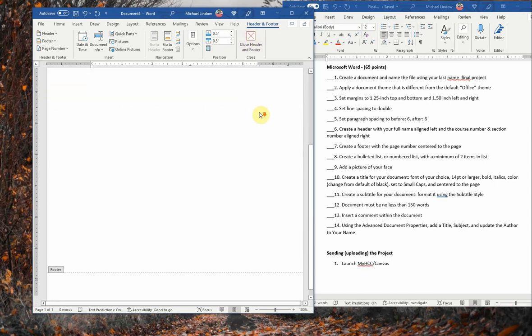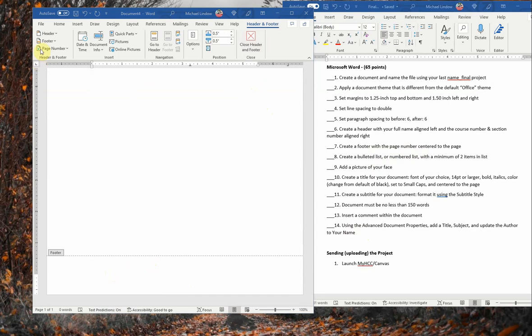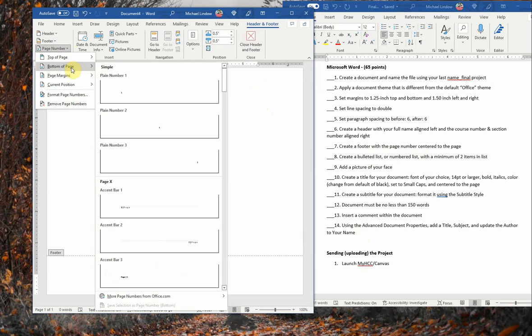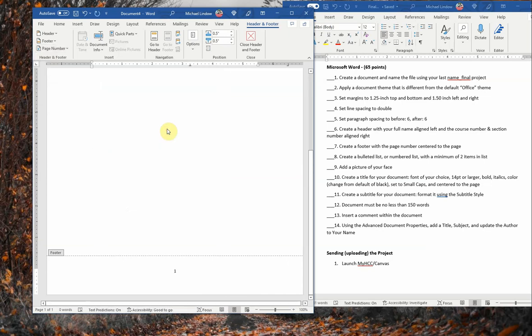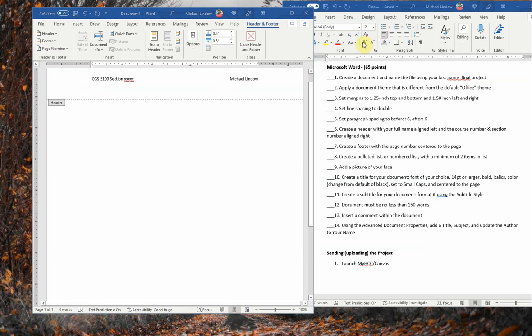And then if you scroll down, you're at the footer, and it asks us to have the page number centered. If you just get into the footer, bottom of the page, page number centered. It's plain number 2. It's the easiest one to do. You're going to close the header and footer,